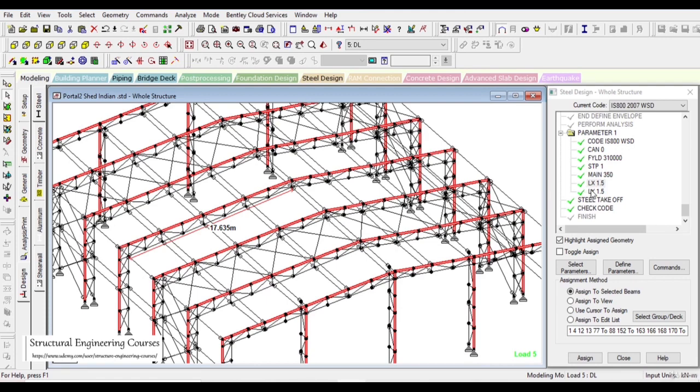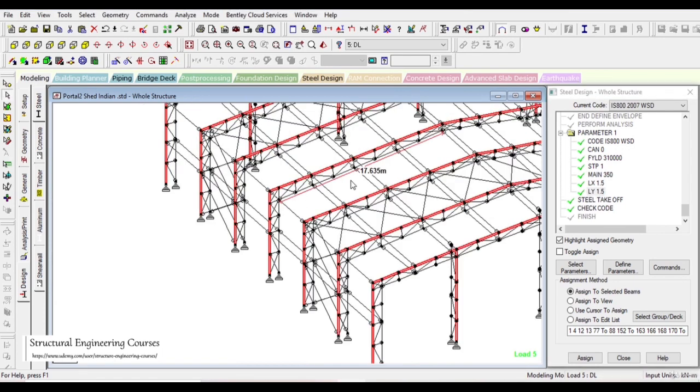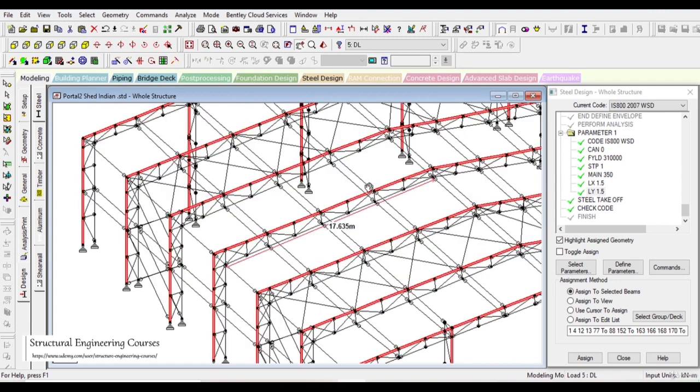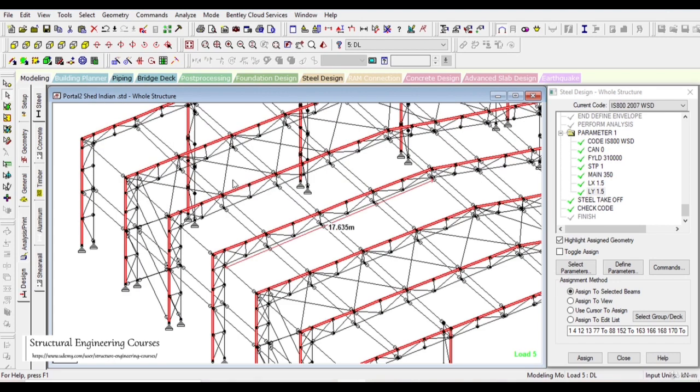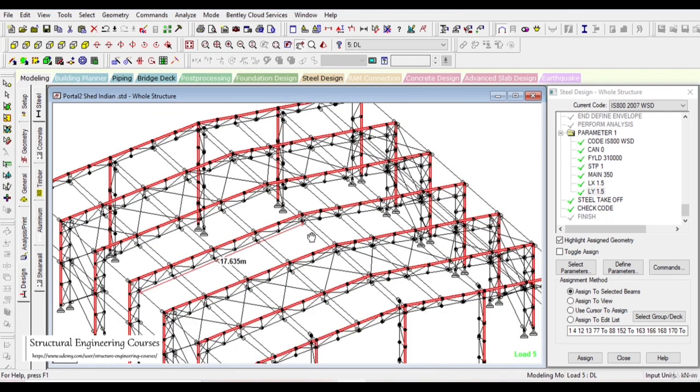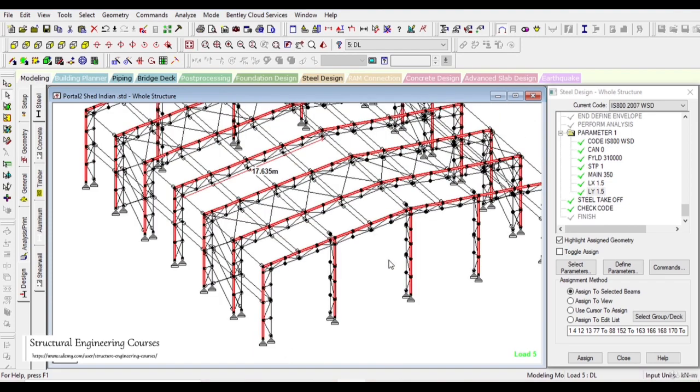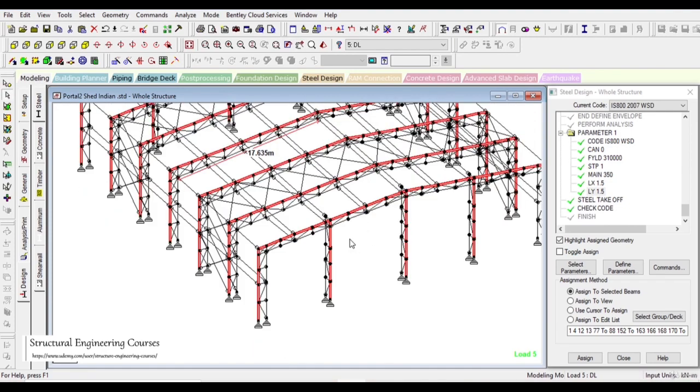Now LX and LY command can be assigned to all of these members here, because basically what will happen is that purlins do come on the top of these members to support the sheetings. So we can assign LX and LY to these members here. That is not a problem here, but